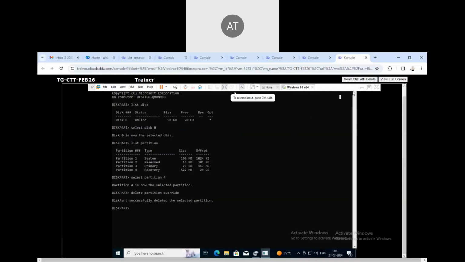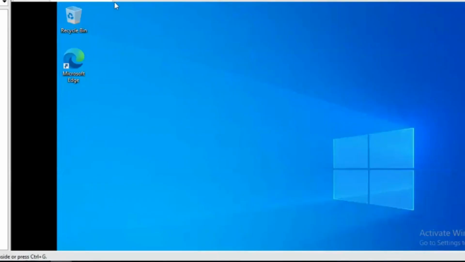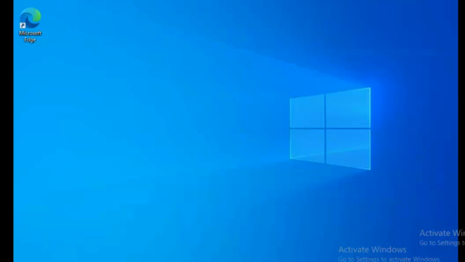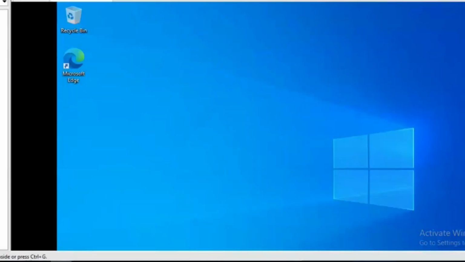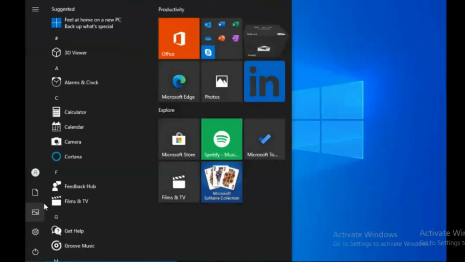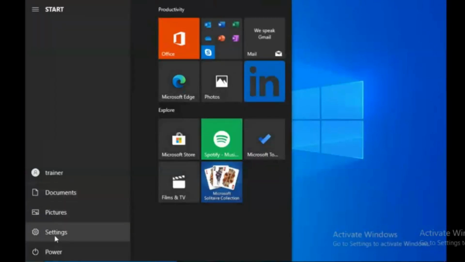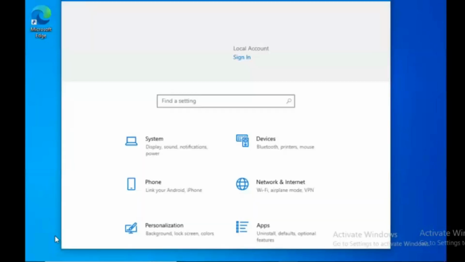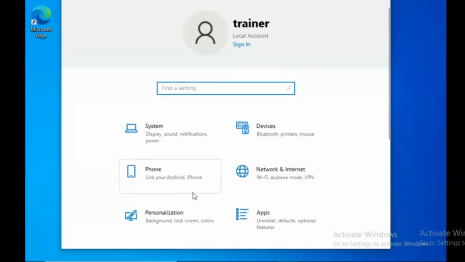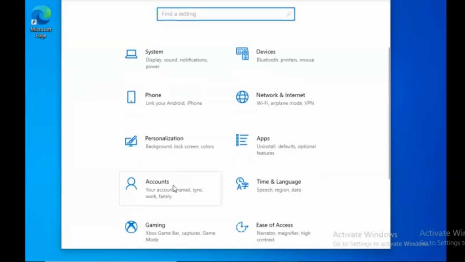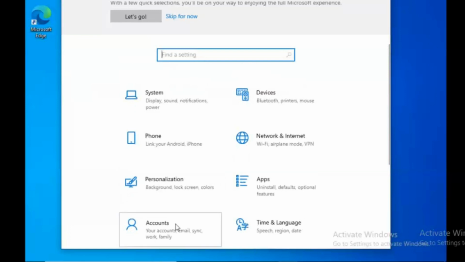How we can manage user. If you want to manage your user, for that we have three methods. First method is just go to the start menu, then click on the Settings option. In Settings, you will find the Account option. Click on this Account option,